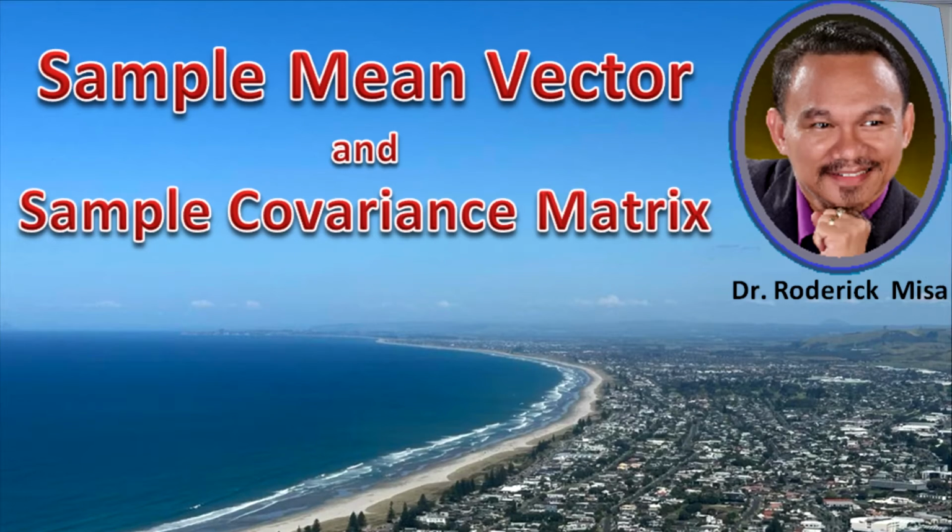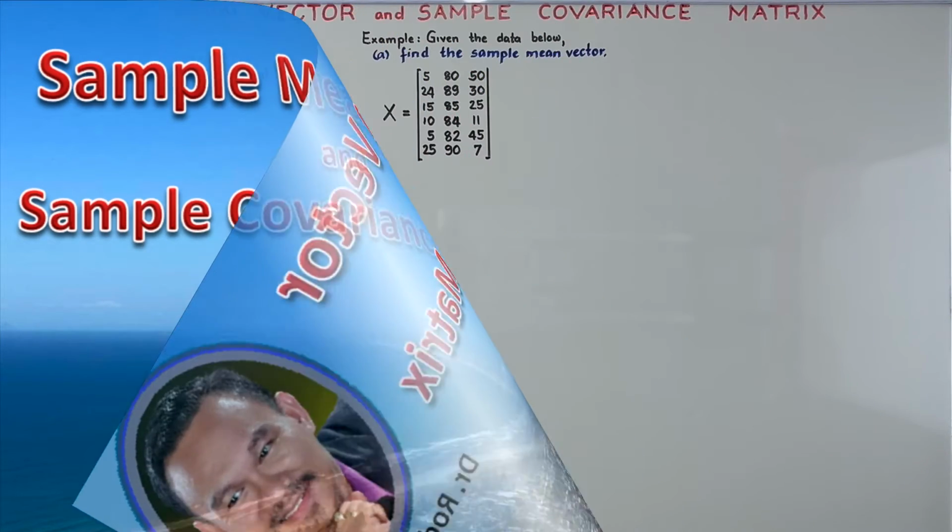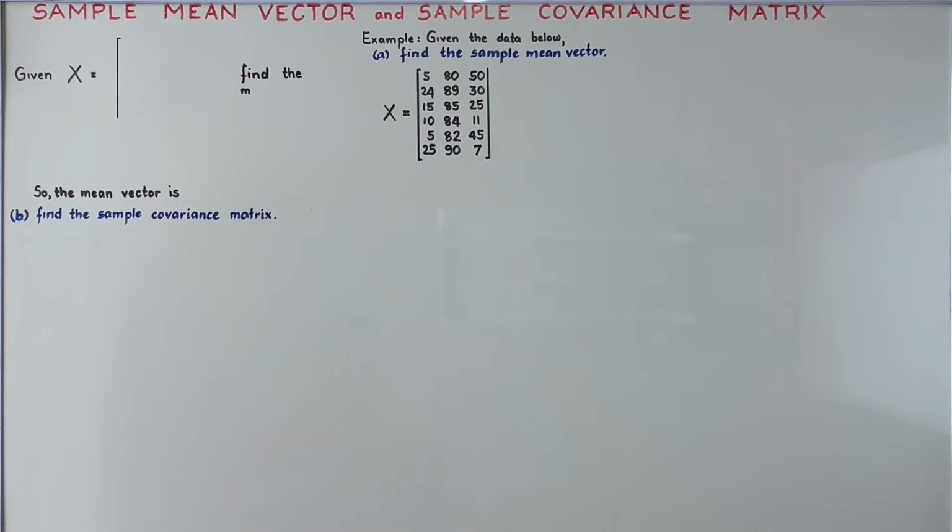In this video, I will be discussing how to compute the sample mean vector and the sample covariance matrix. Now, suppose you want to study more than 2 variables, say for example, 3 or more variables. It is very convenient if you apply the knowledge of linear algebra in the computation of the descriptive statistics of these variables. In other words, applying the concept of matrices will facilitate the computation of the descriptive statistics for